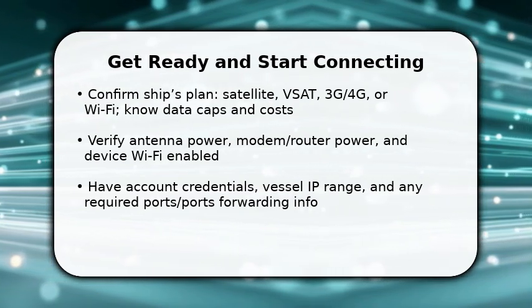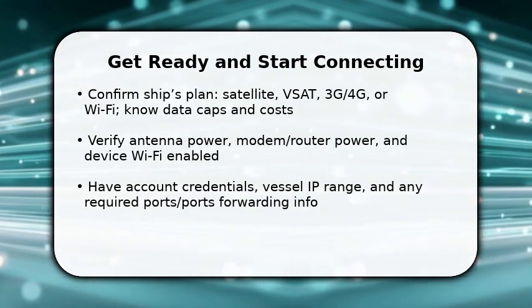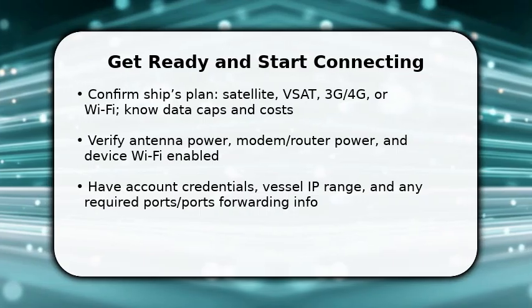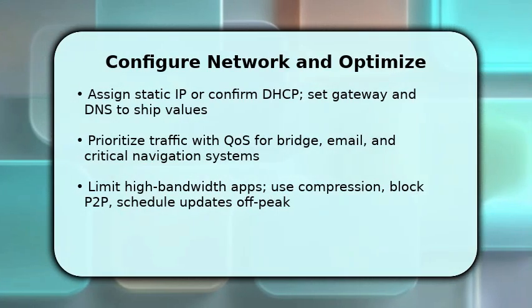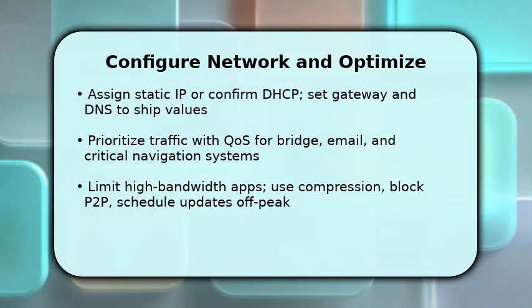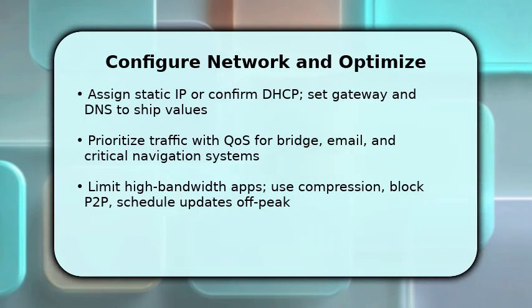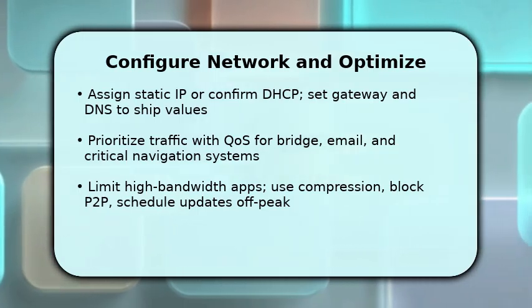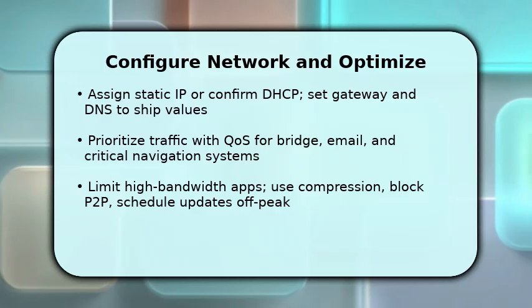Once online, you configure addressing. Choose DHCP or assign a static IP within the vessel's subnet and set the correct gateway and DNS so services resolve reliably. Then implement quality of service rules to prioritize essential traffic like navigation, email, and operational tools while throttling